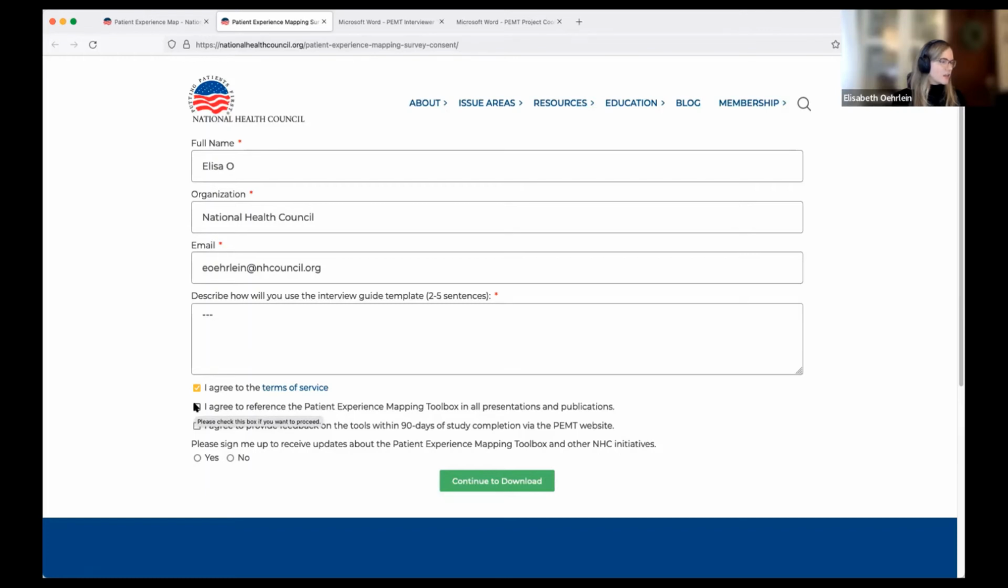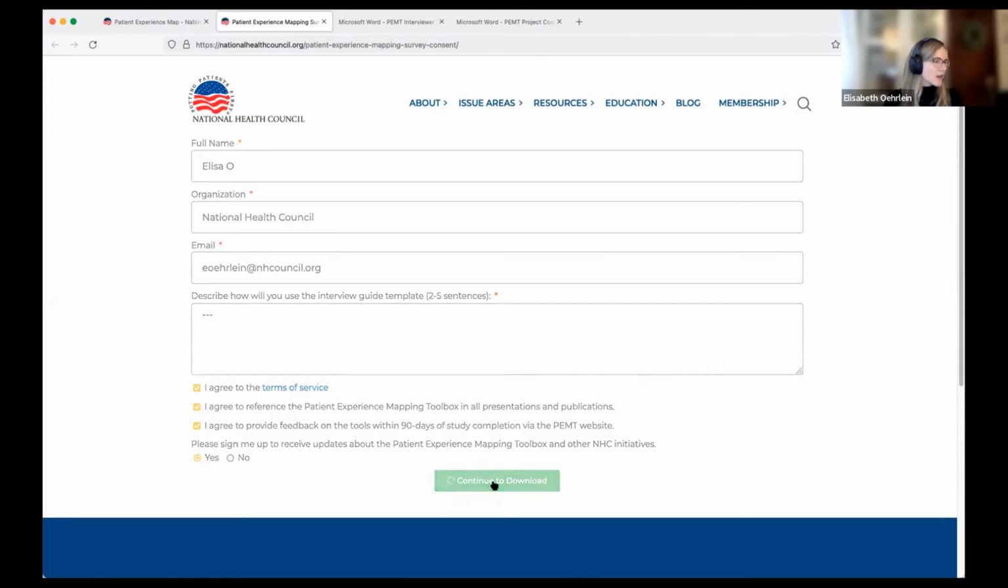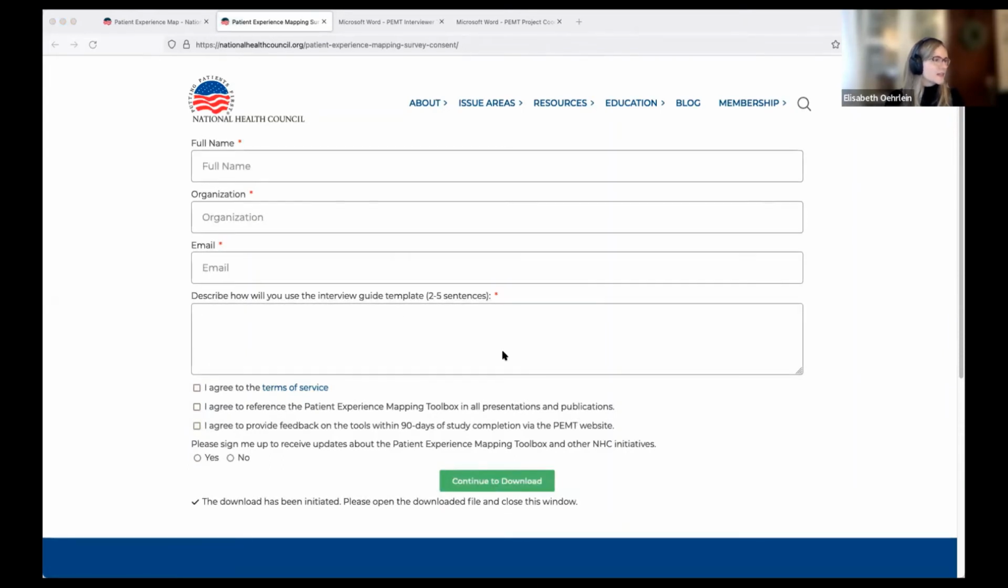You'll agree that you'll reference the patient experience mapping toolbox in all presentations and publications. And we have a suggested reference on the main page, so agree to that. And then also that you'll provide feedback on the tools within 90 days of study completion. And then we welcome you to sign up for our mailing list so that you can receive updates about the toolbox as well as anything else that we're working on. Okay, so now